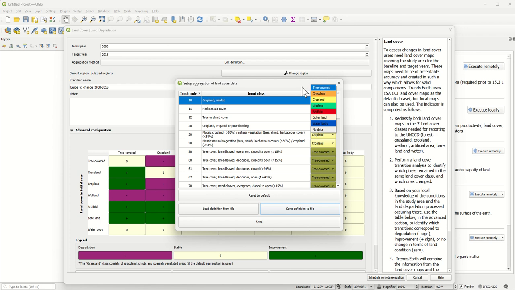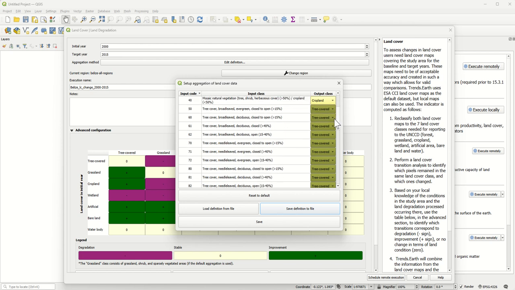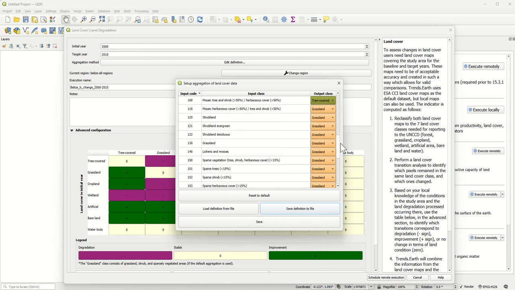Trends.Earth allows you flexibility to match. So cropland, rain-fed, we're going to match it to cropland and so forth. All the original land cover classes coming from the ESA CCI are matched to one of the UNCCD recommended default classes.